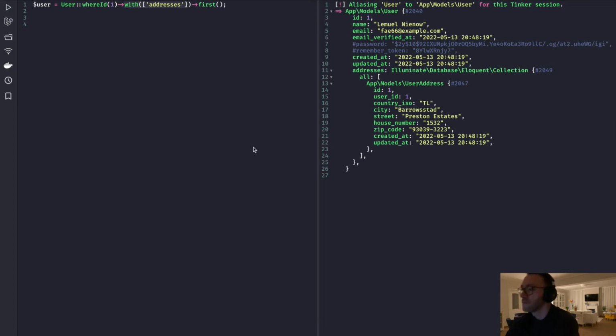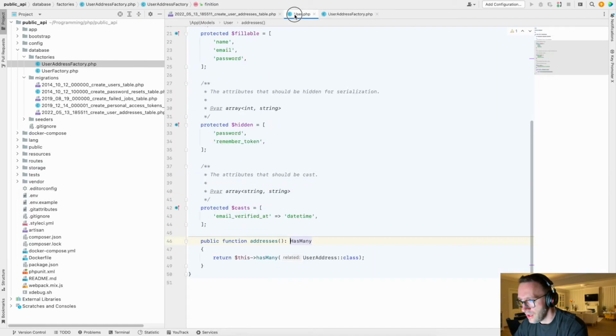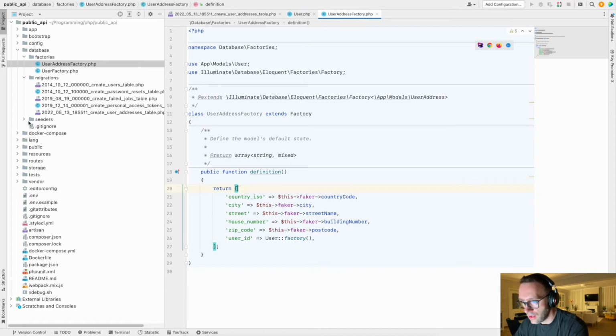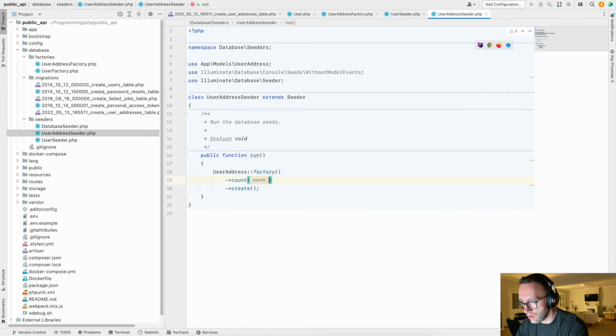Okay. So for now we have created certain users. But for now, let's see. PHP artisan db:fresh --seed. This is a new command that we can use, and let's create not one, not two relationships, but let's go to the seeder. Let's create 100 users. Count 100 addresses, sorry. Okay, and let's run this command,